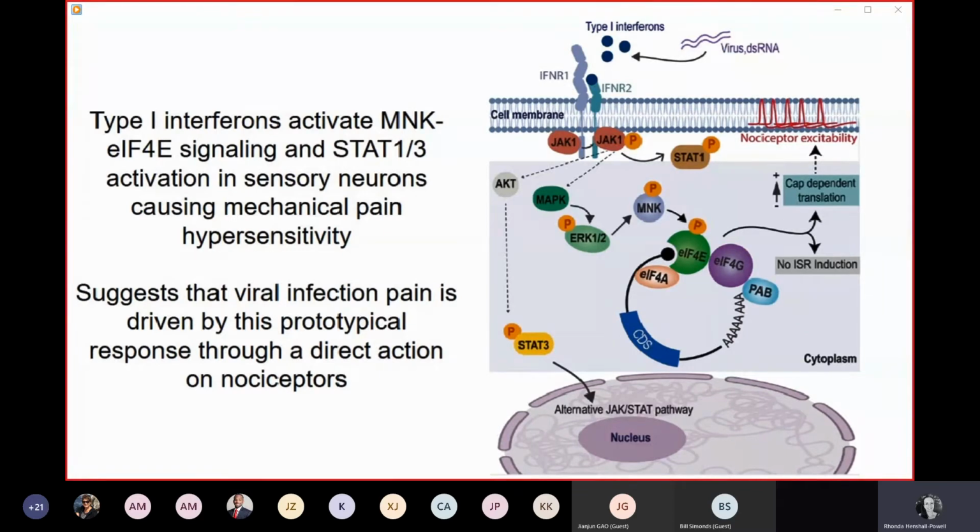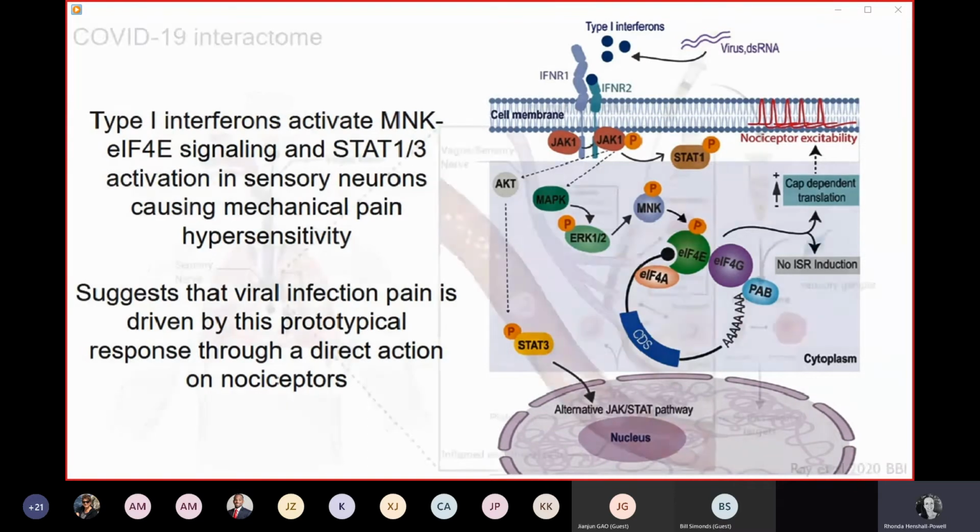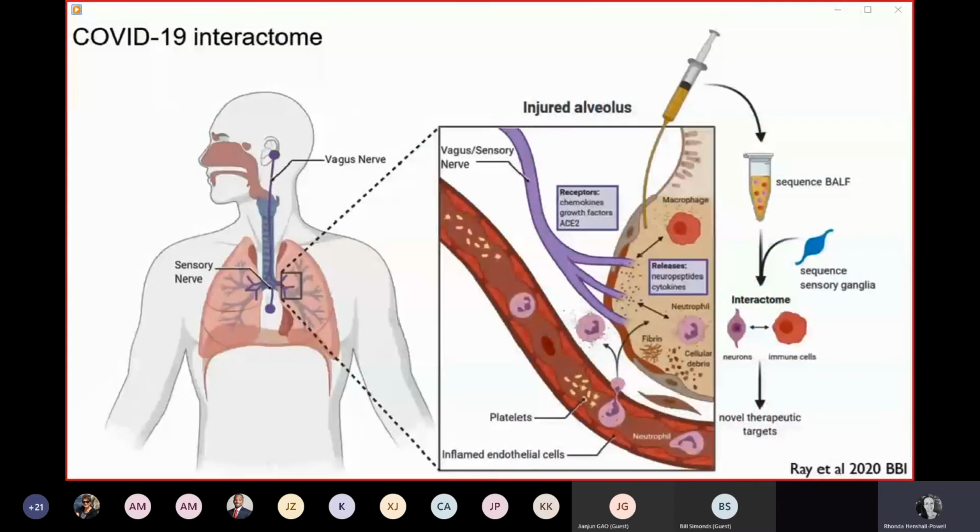Now, there may well be other mechanisms that are involved, but we think that this is a good explanation for at least some of the sensory effects that are caused by viral infection. So now I'm just going to quickly talk a little bit about work we've been doing on COVID-19 and the